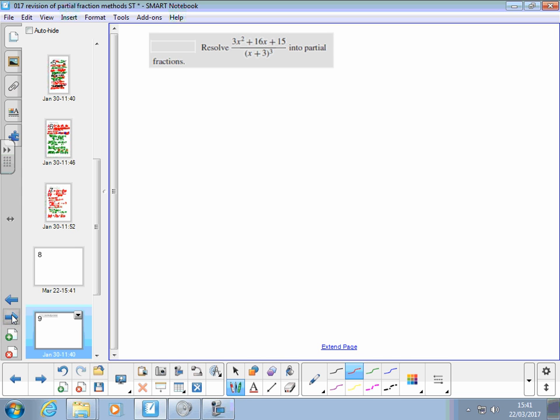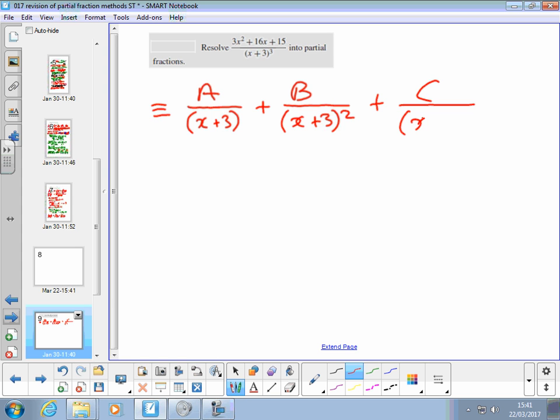Start having a go at that one. Got a cube term on the bottom. Cubed. So that's going to be equivalent to A over x plus 3, plus B over x plus 3 squared, plus C over x plus 3 cubed. The next bit's going to be pretty long